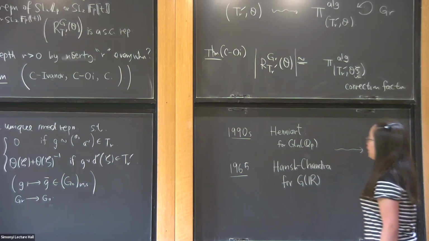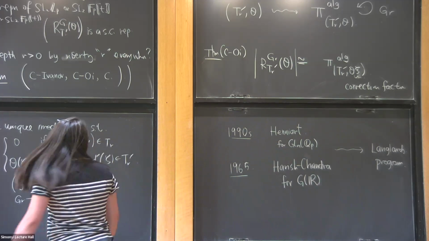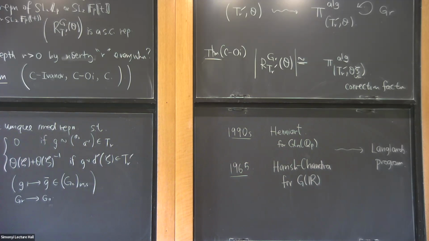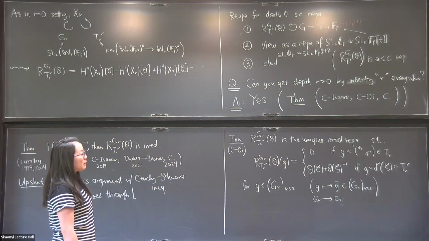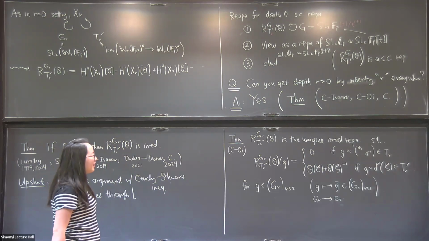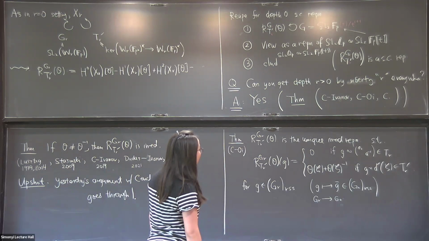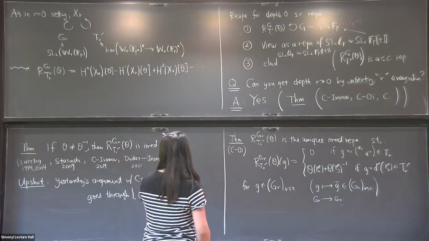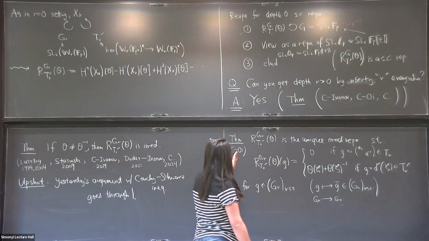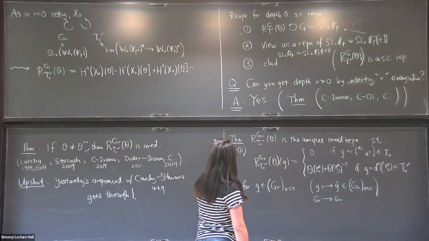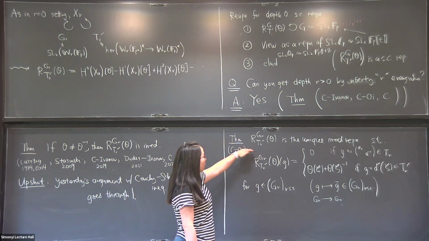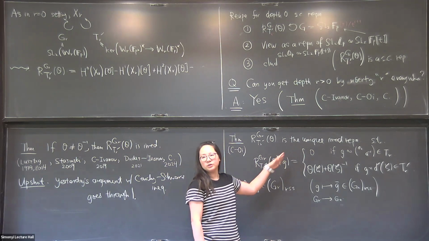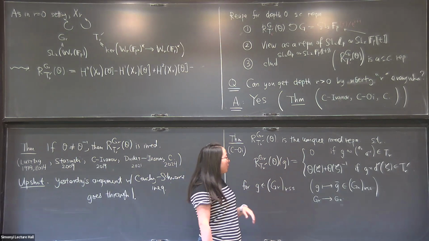So now, let me talk about a group that's not on this list. Let me talk about SL2C now. Maybe I sneak in a bit of what I decided not to talk about. What is this thing saying? A characterization result like this is, one way to say it, the unique irreducible satisfying this. Another way to say it is,